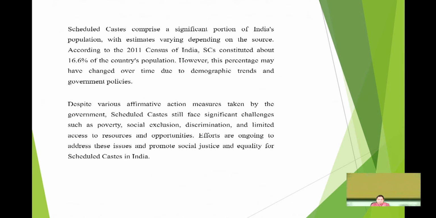As you are all living in the state of Punjab, you will be very surprised to know that Punjab has the highest percentage of SC population among all the states of India. 30% of Punjab's population is scheduled caste. That is the highest percentage for any state. Because if the national average is 16.6%, although the amount of reservation they are given is 12%, they constitute 16.6%. And in the case of Punjab, their percentage is 30%.